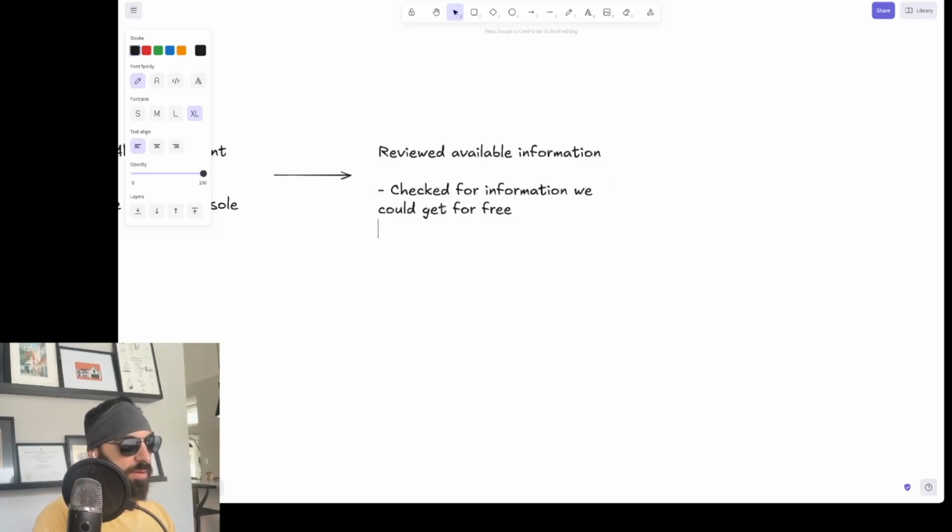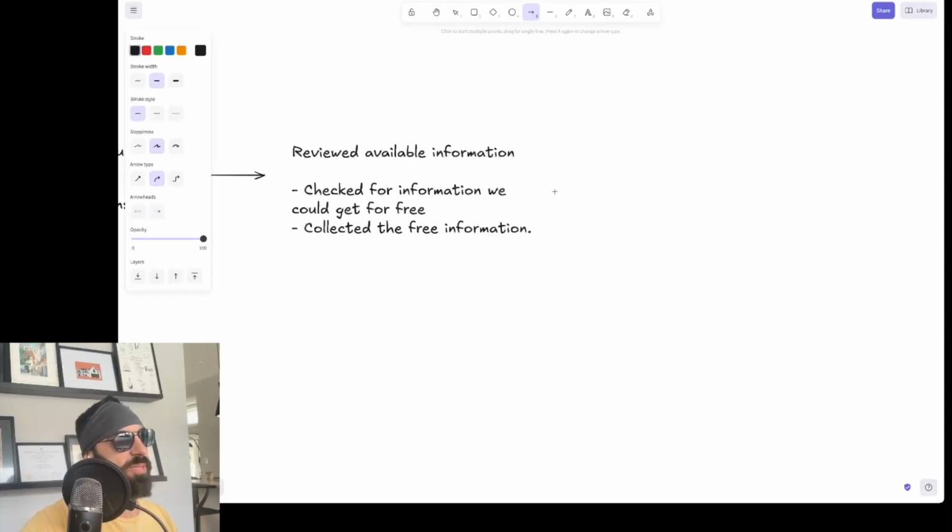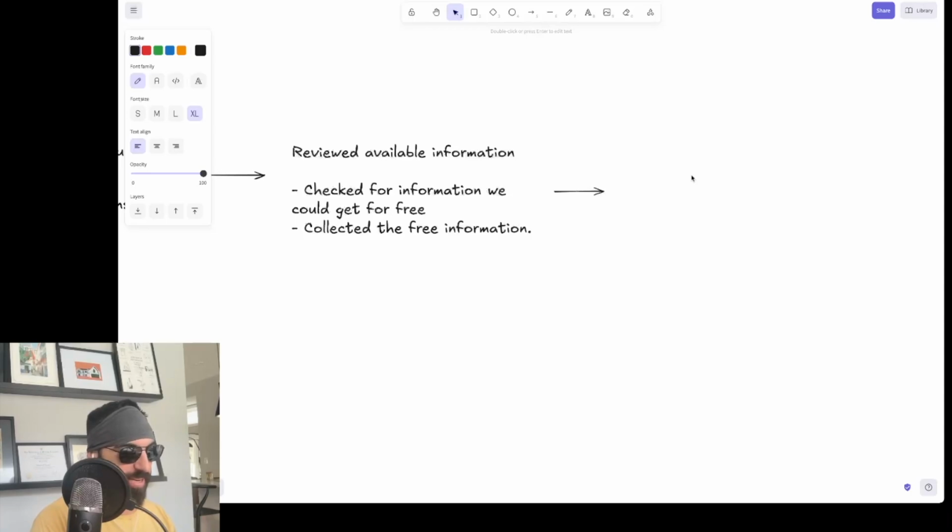Then we collected the free information. Then, I don't know if this is too many steps. Just drop in the comments if you want fewer steps in the future, because I will just do fewer steps. It's all good, right? We reviewed the available information, we checked it, and then we created a prompt